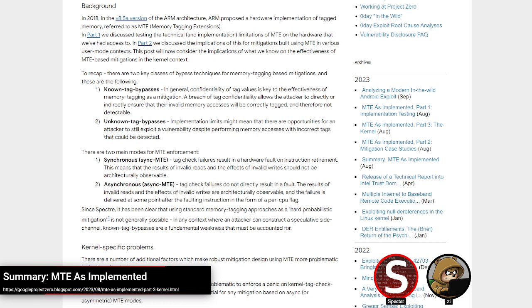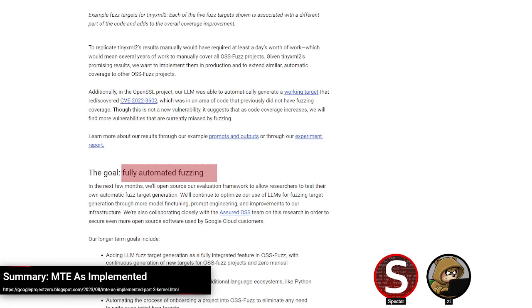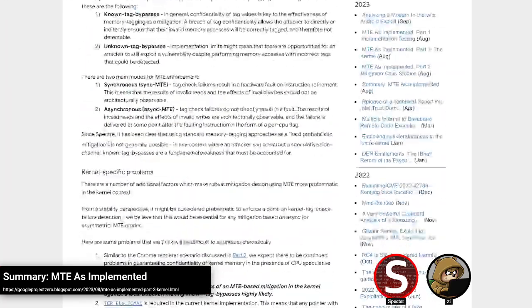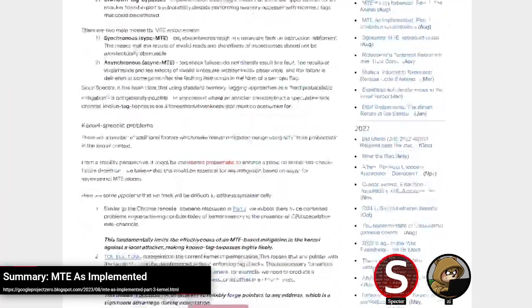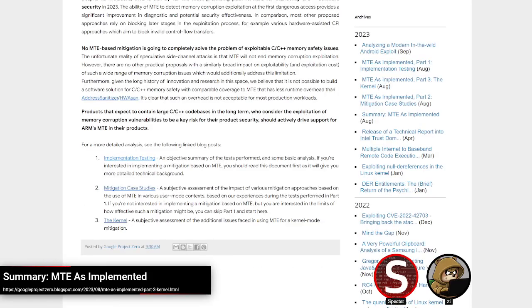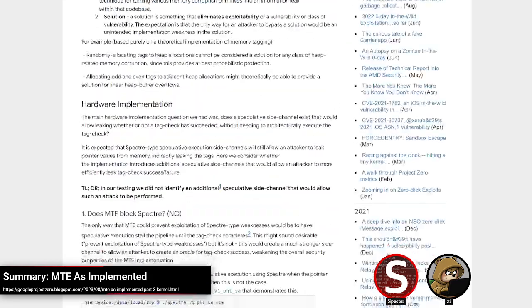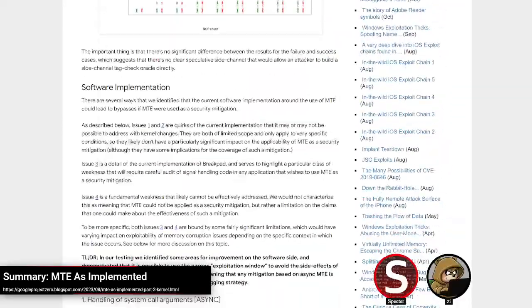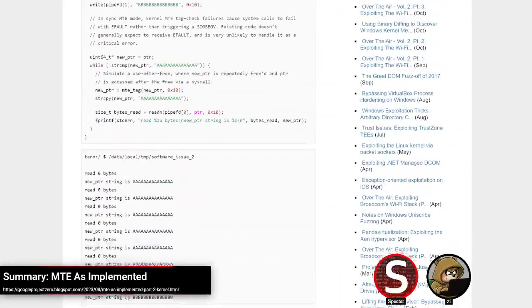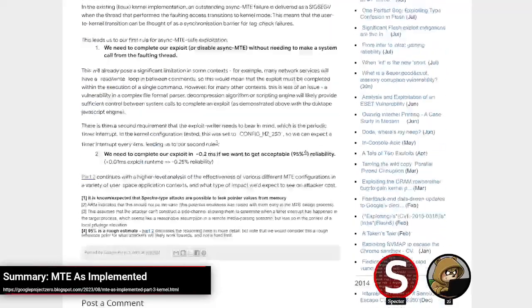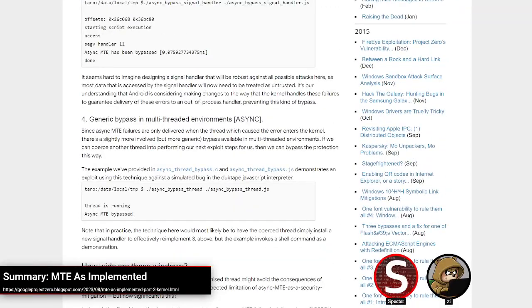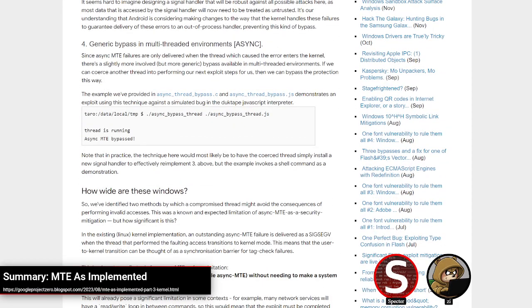But the other issues, like issues 3 and 4, and the fourth issue was the one I liked the most, where you could just not context switch and abuse preemption to accomplish your exploit steps. Those are pretty interesting from a security perspective, and I think there are some scenarios where you could leverage that. You would need a fair amount of control again to be able to influence the scheduler and whatnot. Stopping your own thread from entering the kernel is not something that's going to be very easy to do in a completely unprivileged context.